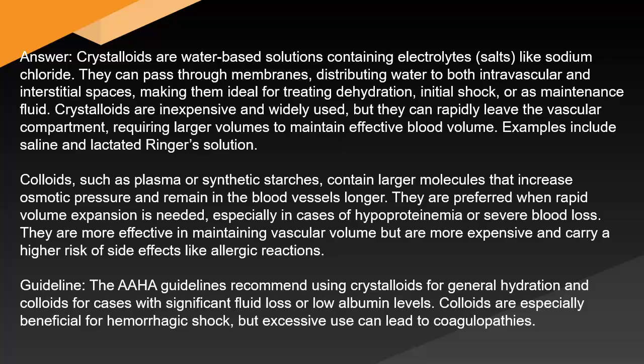Crystalloids are inexpensive and widely used, but they can rapidly leave the vascular compartment, requiring larger volumes to maintain effective blood volume. Examples include saline and lactated Ringer's solution. Colloids, such as plasma or synthetic starches, contain larger molecules that increase osmotic pressure and remain in the blood vessels longer. They are preferred when rapid volume expansion is needed, especially in cases of hypoproteinemia or severe blood loss. They are more effective in maintaining vascular volume but are more expensive and carry a higher risk of side effects